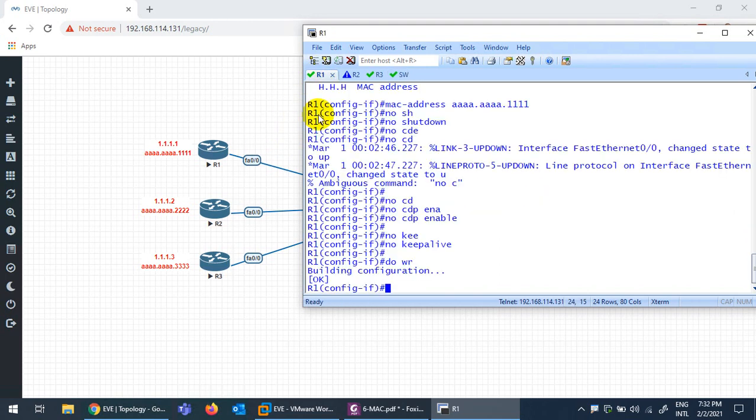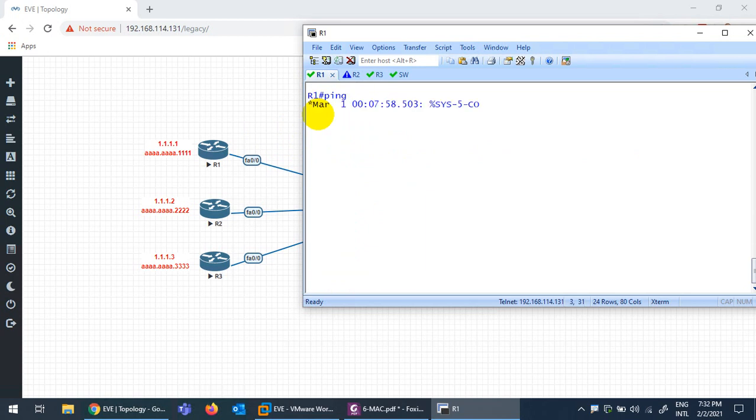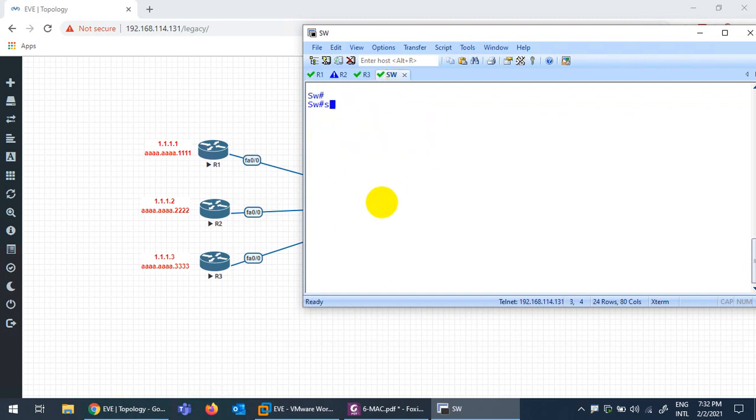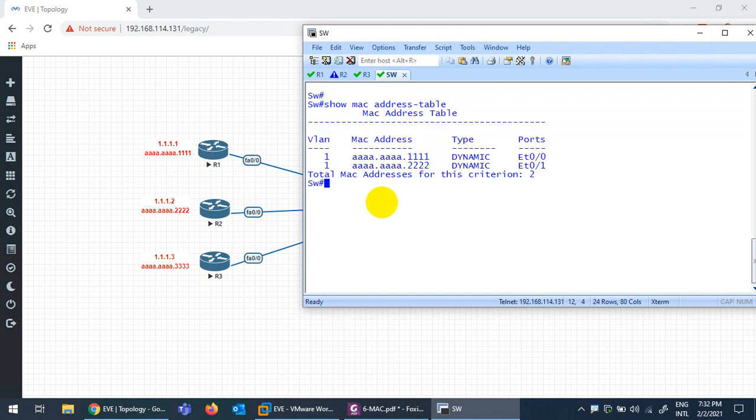So if I ping from R1 to R2, suppose 1.1.2.2, the first packet will be lost. It's sending only four; we will discuss that in ARP. But anyway, let's come back and type show mac address-table on the switch.